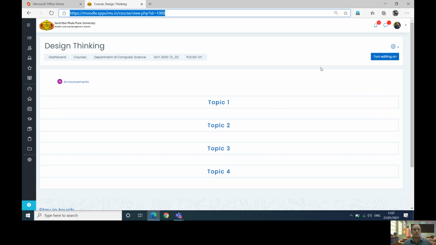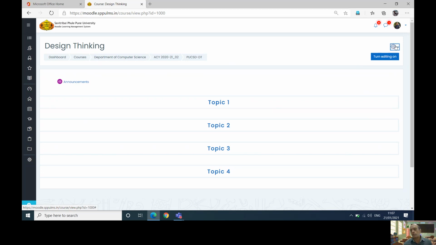Okay, now let us try to see how we can add contents into this particular system. So if you recall, what was the system that we used earlier? That system had one mechanism where we could add the contents and so on. The same thing is added over here. Only there is some change because we have shifted to the current version of Moodle.